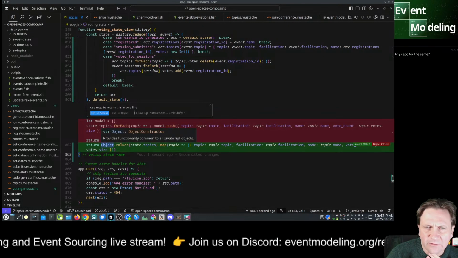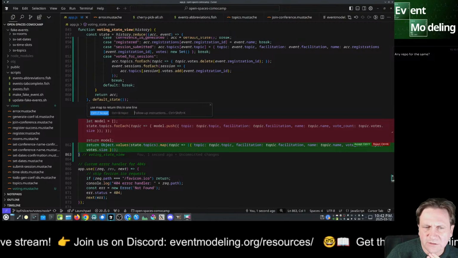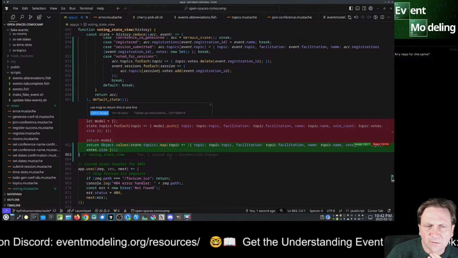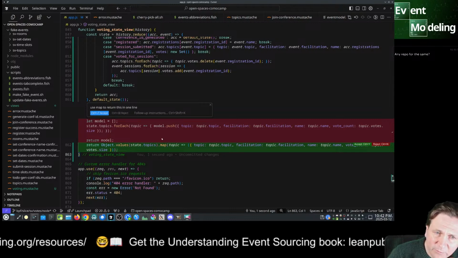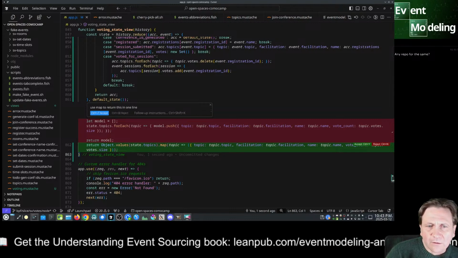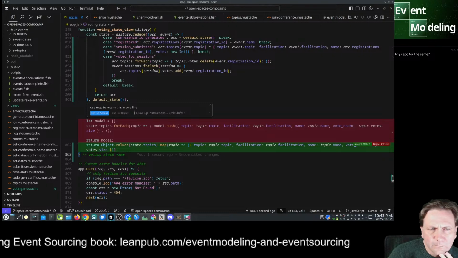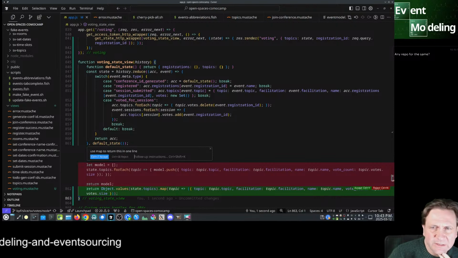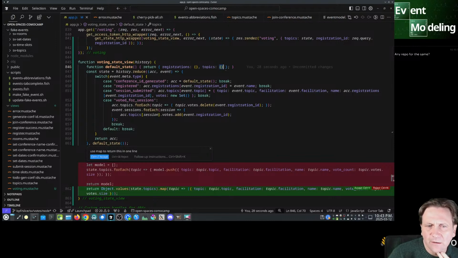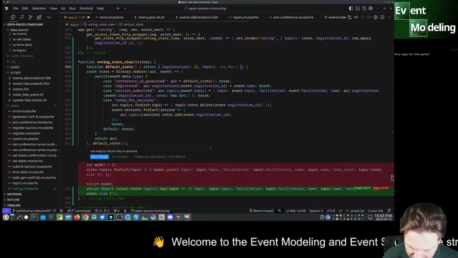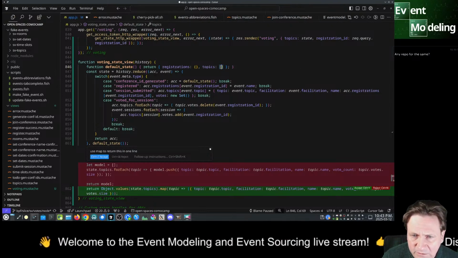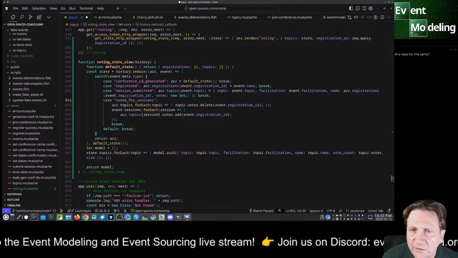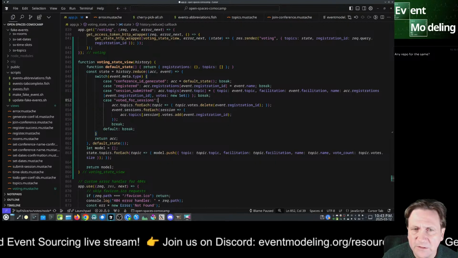And every time I see this object values, it's telling me there's something that's wrong here. State topics, right? So topics is this thing. If we have topics as an array, then we can just do map directly without that object values. So let's try that. Remove that, and when we have topics,